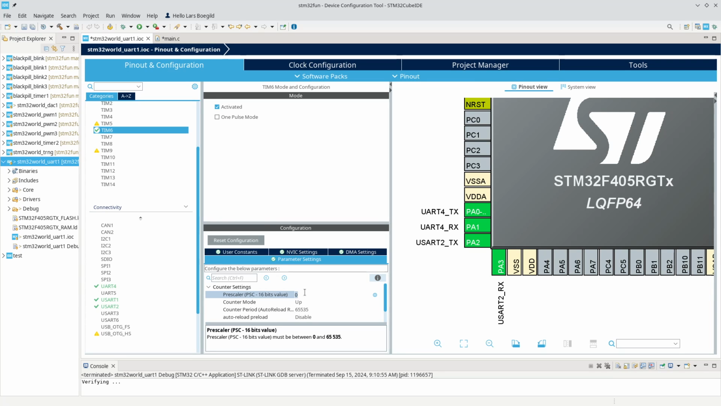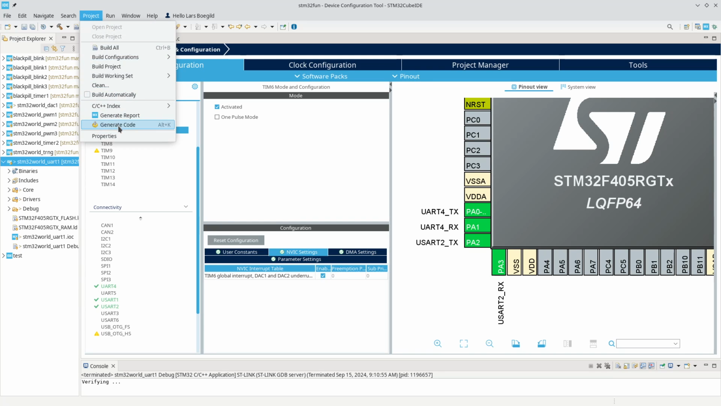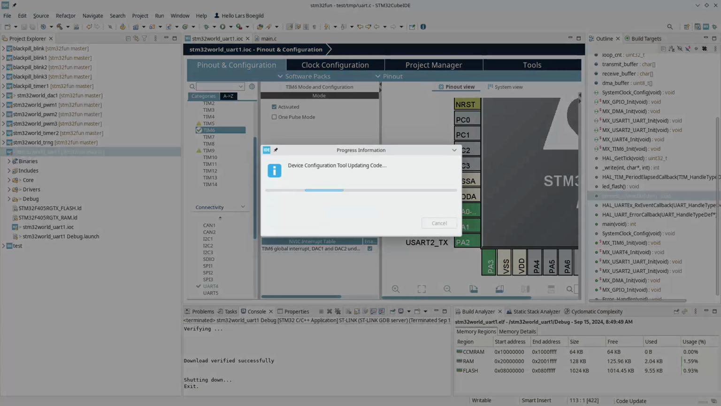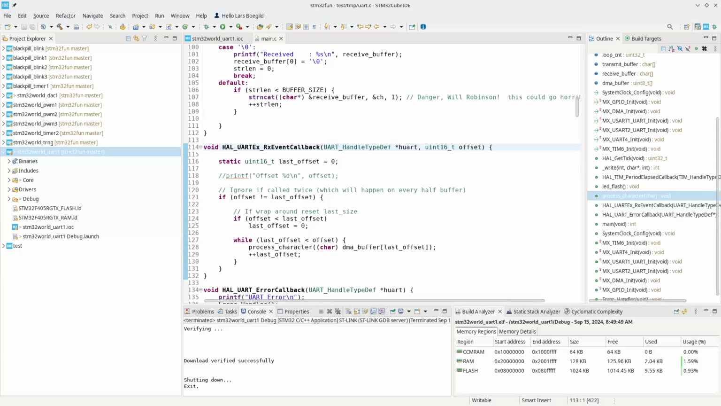As usual, I'll do our 84 minus 1. So it's down to 1 megabit, and then here we can do 30,000 minus 1. Let's have our timer interrupt enabled. Project generate code, and then what I want to do is implement a function called